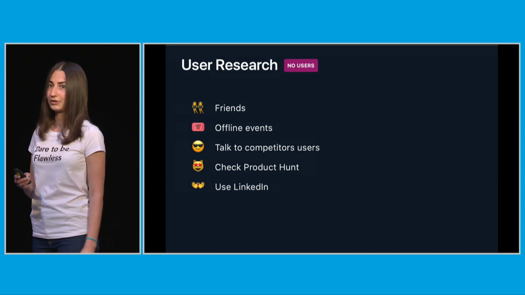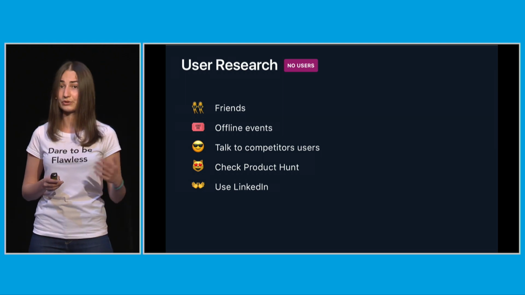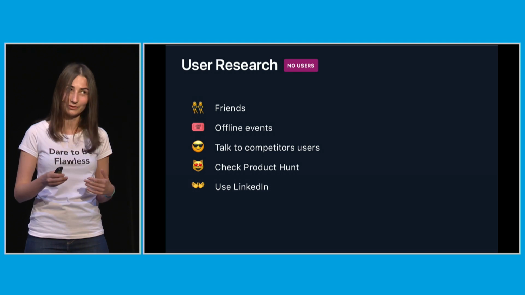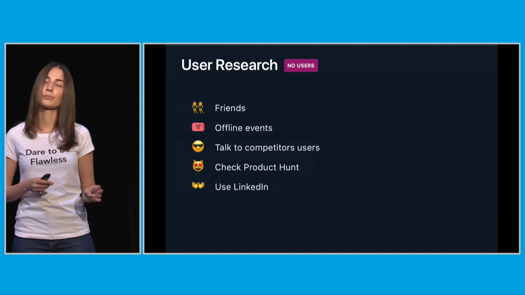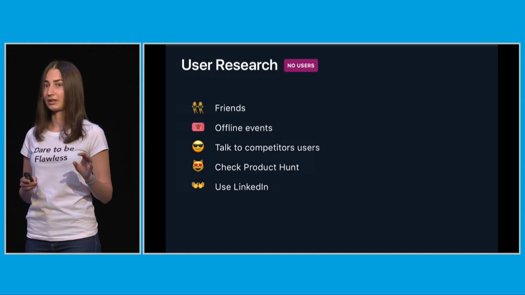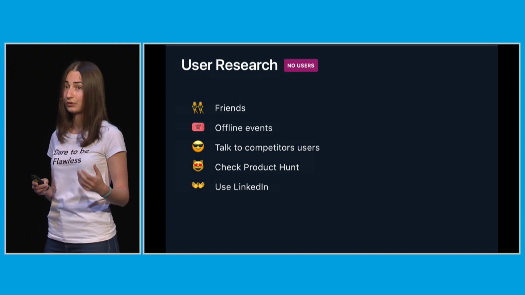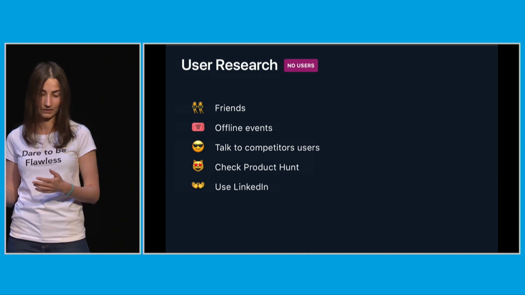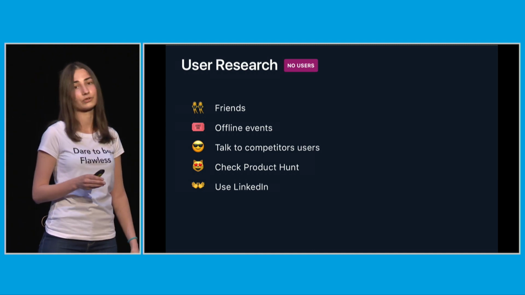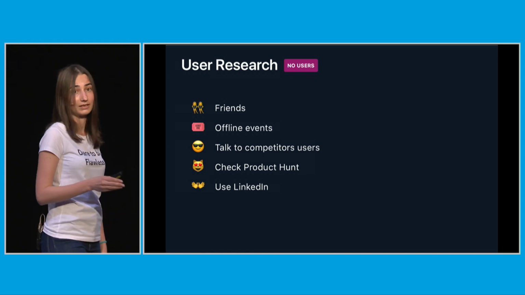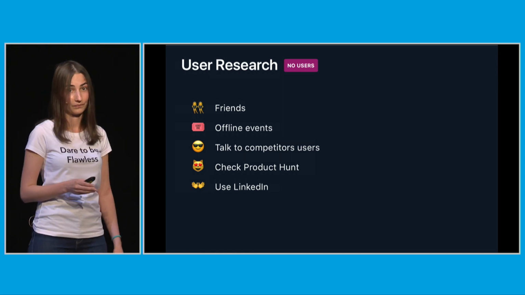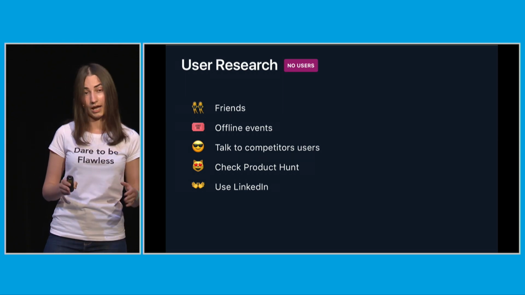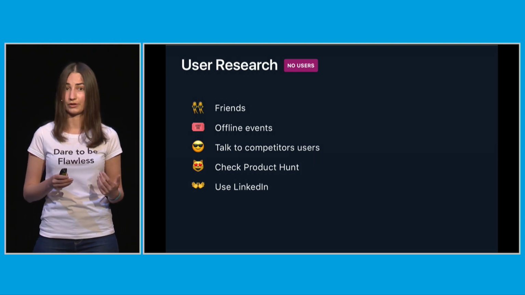You can check competitors' tools and try to reach out to their users. If your product is better, people will be happy to complain, and you will be happy to learn more. You can check Product Hunt. For example, on Product Hunt, people can leave reviews about competitive solutions, and you can just message people through this platform. Also, you can find similar users to your persona on LinkedIn and start conversation with them. Just be transparent that you are running user research, and you would love to learn for whom is your app.